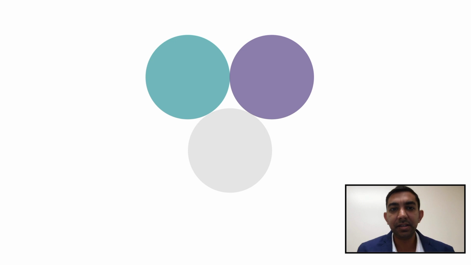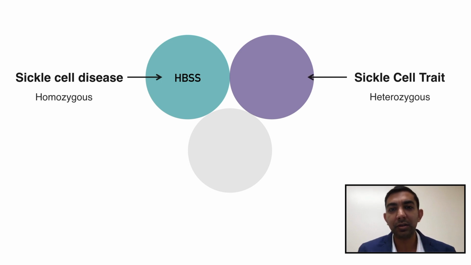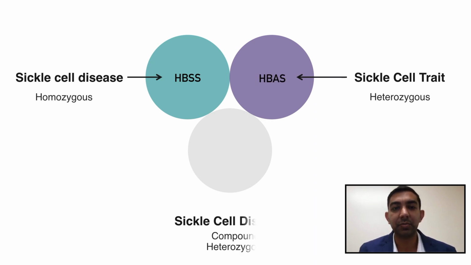Sickle cell disease occurs when an individual has two HbS genes and is known as homozygous, or the HbSS form. It could be one HbS gene with another mutant beta-globin gene that becomes a compound heterozygote. Most commonly, compound heterozygotes comprise HbS beta thalassemia and HbSC disease, whereas in sickle cell trait there is only